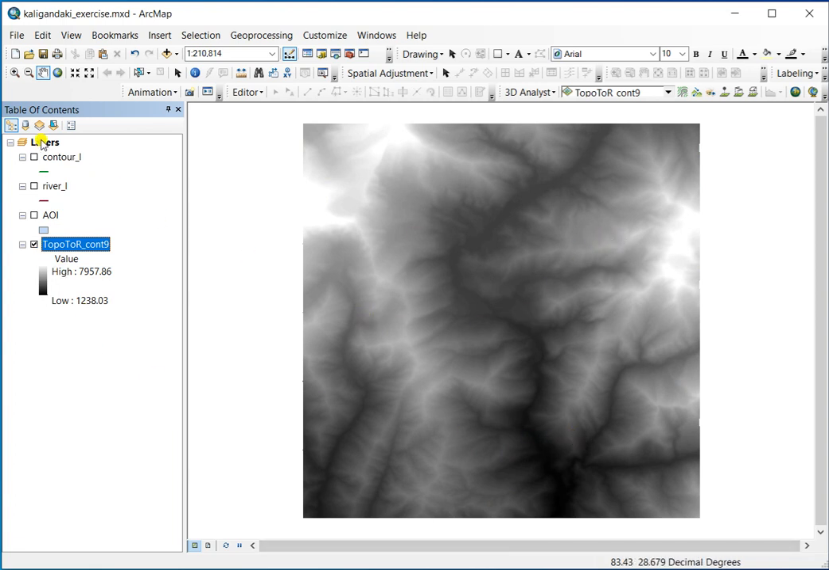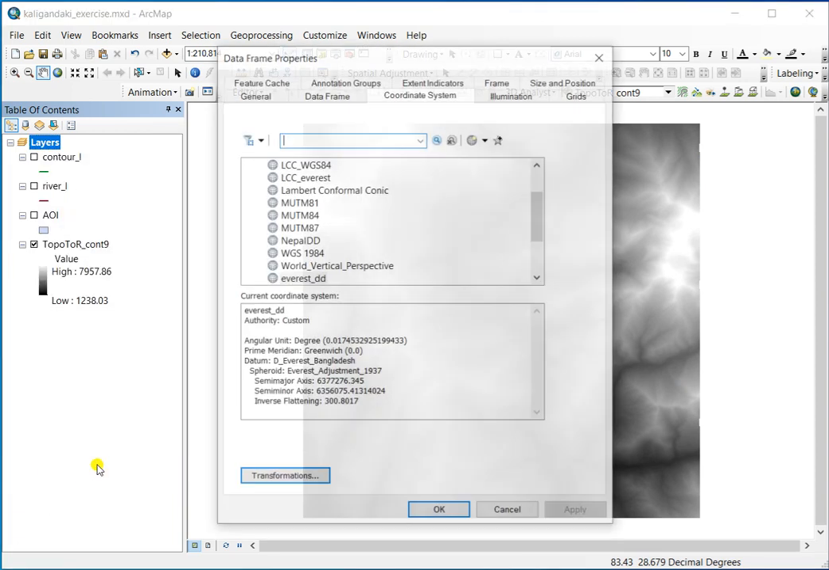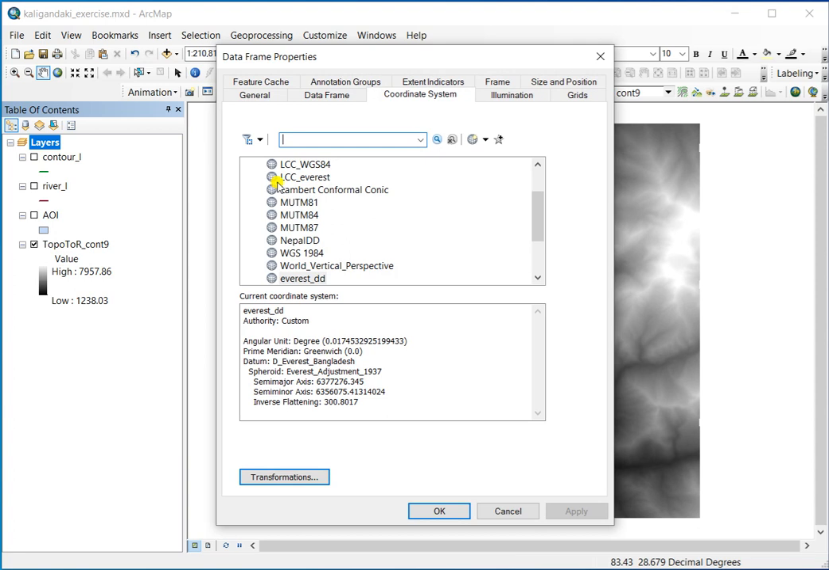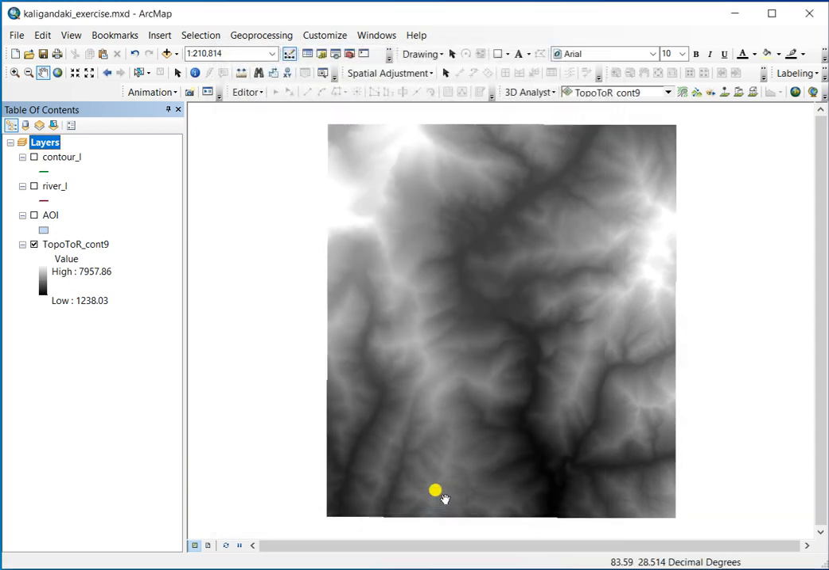Now let us change the projection of our data frame to projected units. In our case, we are going to take the Lambert conformal conic projection system. Let's take it, apply. So now let us create the